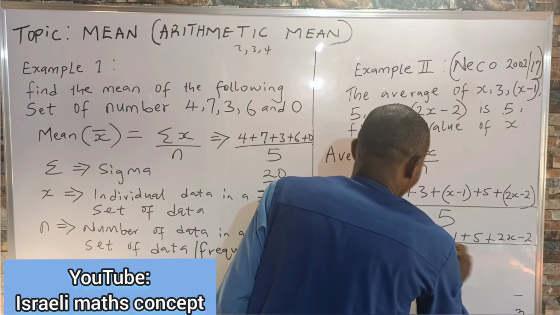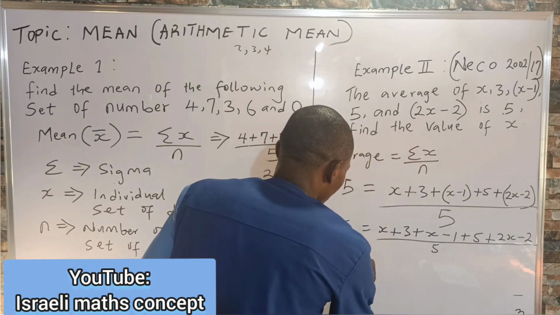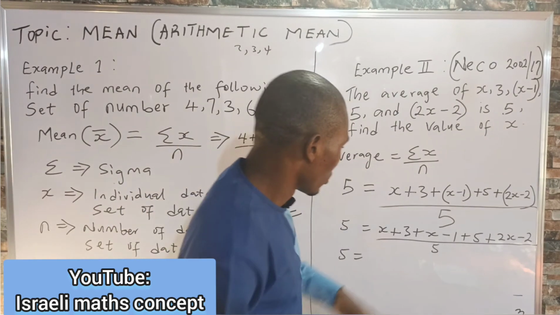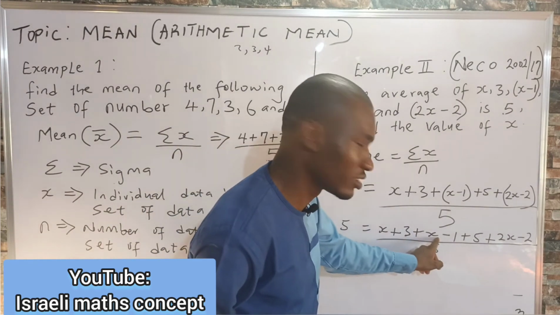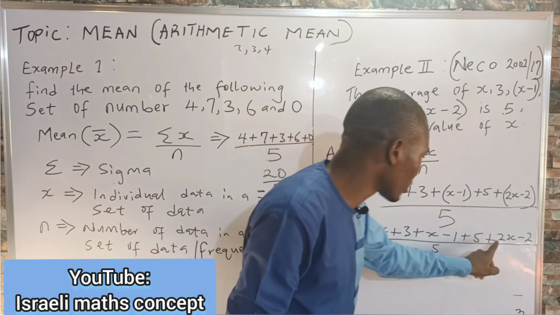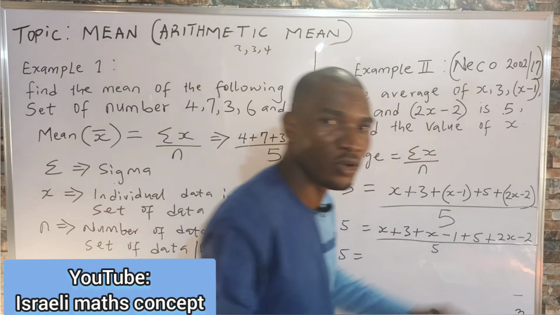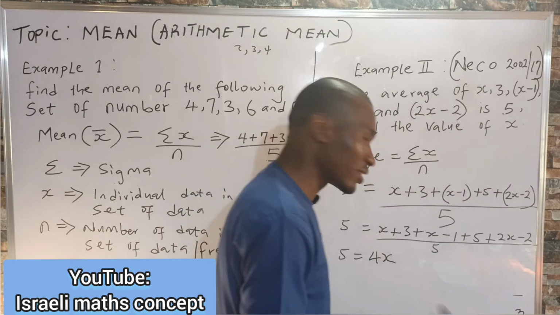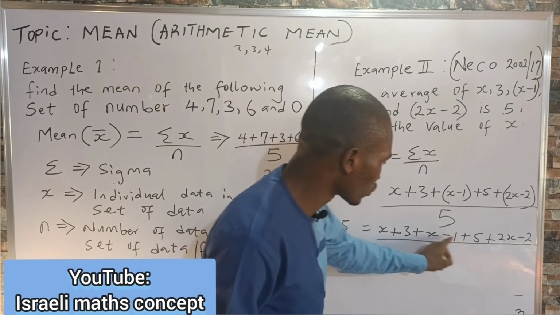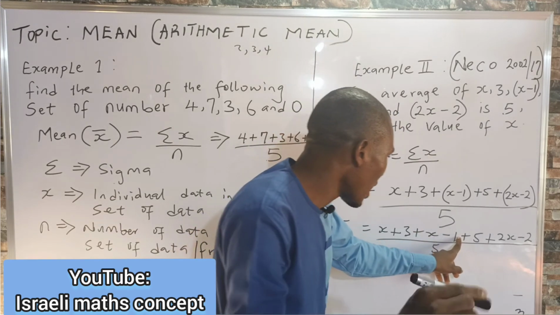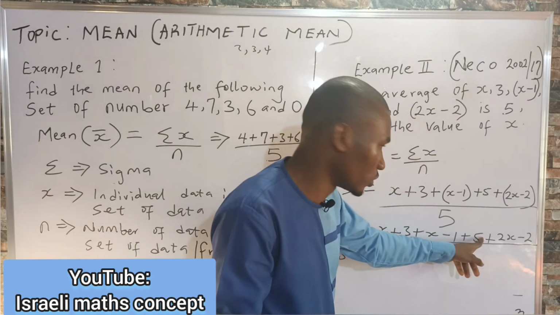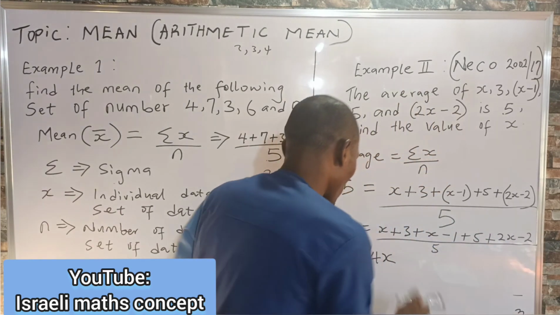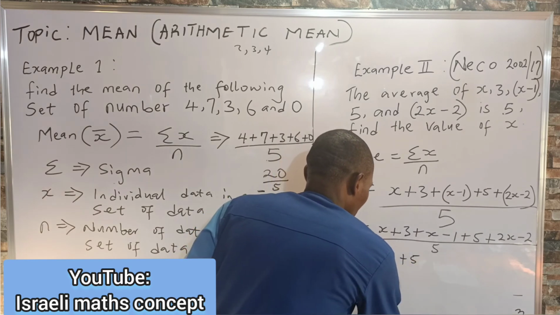5. So we have that our 5, which is our average, is equal to, let's now collect the like terms. We have x plus x, which is 2x, and 2x plus 2x will give us 4x. So we have 4x. Let's add the numbers also. 3 minus 1 will give us 2, and 2 plus 5 will give us 7, and 7 minus 2 will give us 5. So we have plus 5, then that is all over